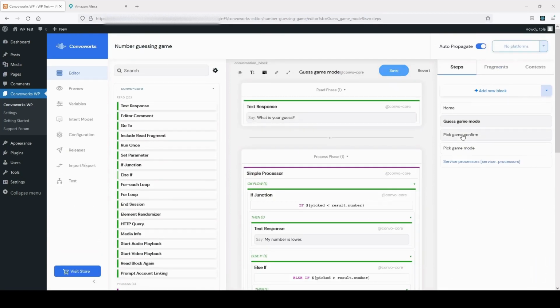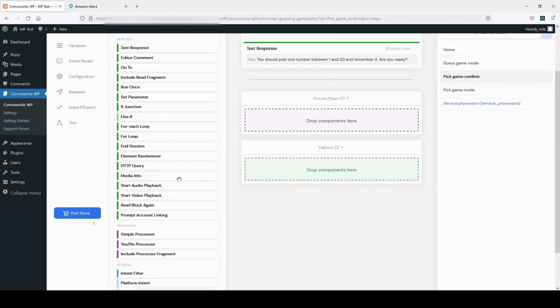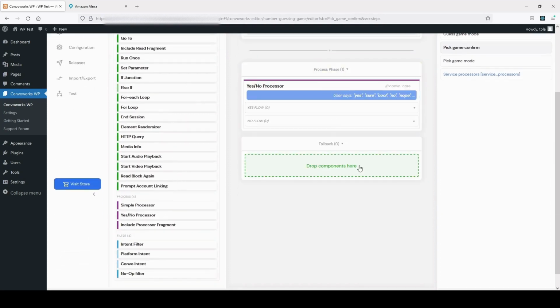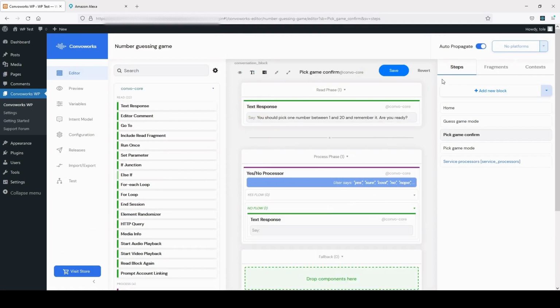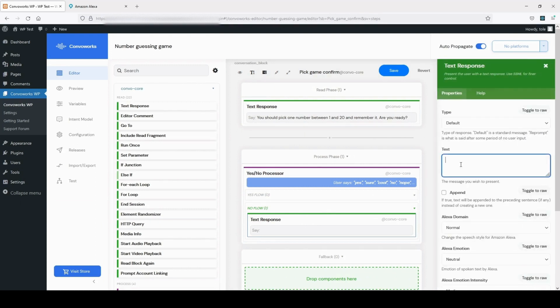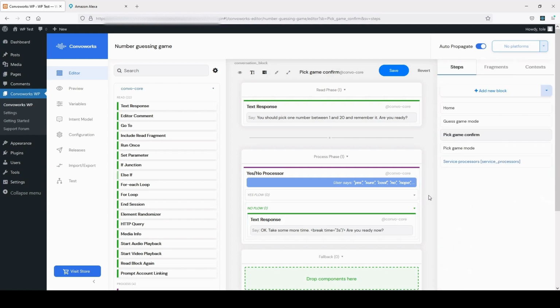Now we can move to the pick game mode. In order to start this mode, first we have to have the user's confirmation. For that, we will use a yes/no processor. This is a predefined processor, and you do not have to configure anything in it. If the user responds that he is not ready, we can give him a bit more time. When defining responses, you can use SSML tags. We will use a break tag which will pause speech for 3 seconds. If the user is ready,